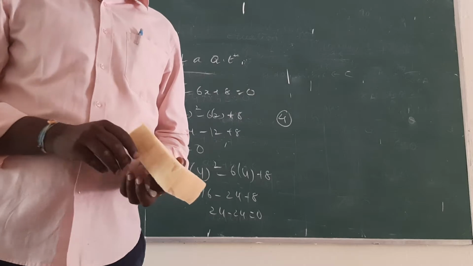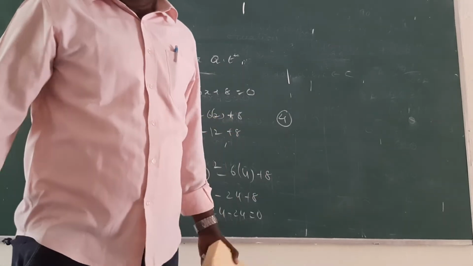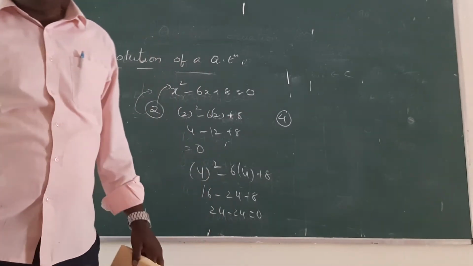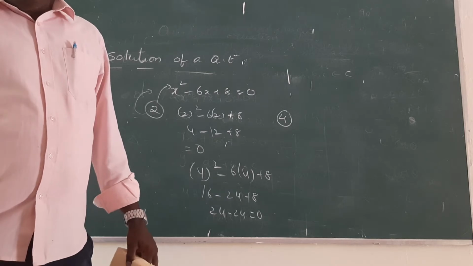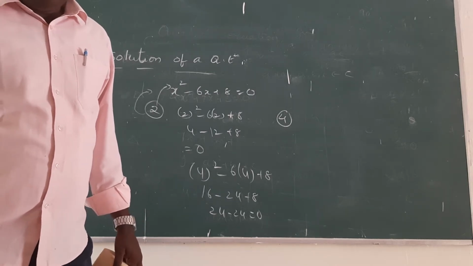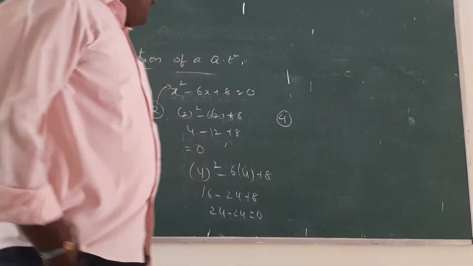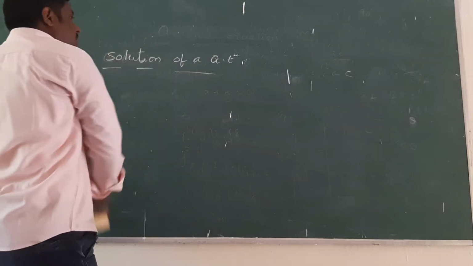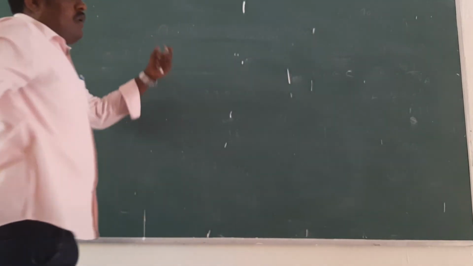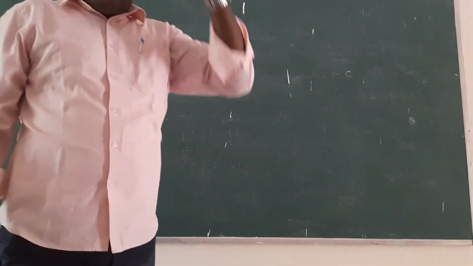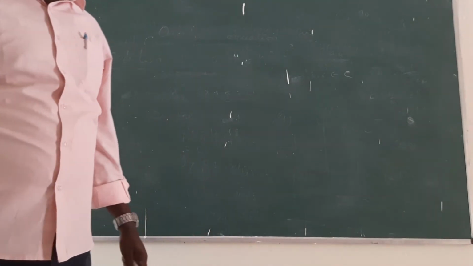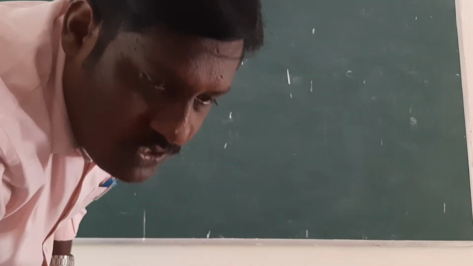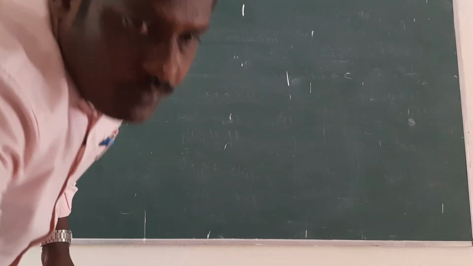The zeros of a quadratic polynomial ax square plus bx plus c and the roots or solutions of the quadratic equation ax square plus bx plus c is equal to 0 can be the same. Zeros of a quadratic polynomial and roots of a quadratic equation are both the same. A quadratic equation can have at most 2 roots. Why? Because the degree of this quadratic equation is 2.